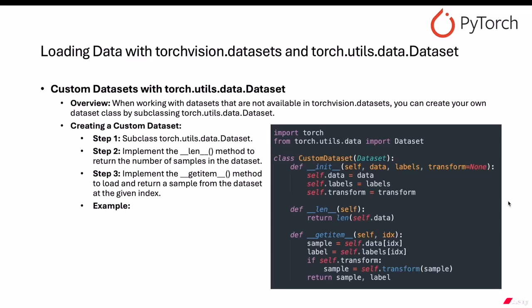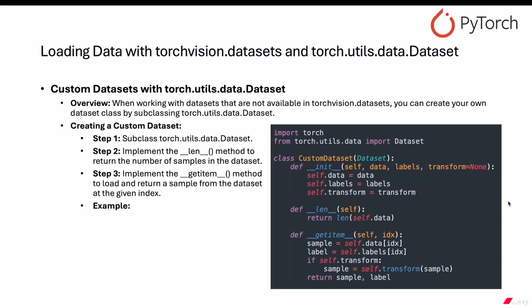subclassing torch.utils.data.Dataset. Now, there are three steps to creating a custom dataset. Step 1 is subclass torch.utils.data.Dataset. Step 2 is implement the __len__ method to return the number of samples in the dataset. And step 3 is to implement the __getitem__ method to load and return a sample from the dataset at